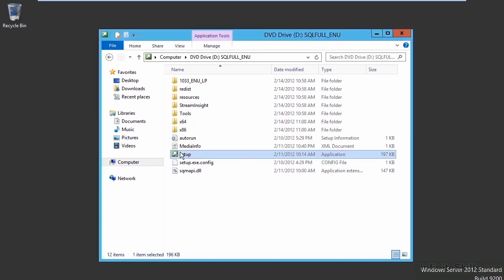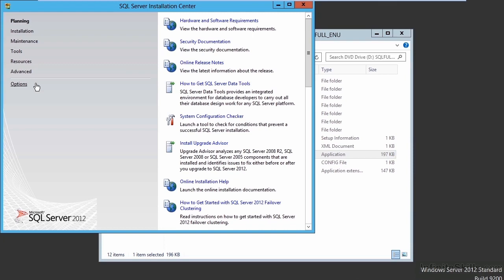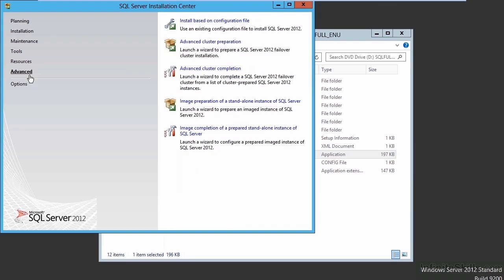we'll then be able to launch into the actual SysPrep process. Once the installation center is on the screen, we can click on Advanced, and we'll get the two options that we're going to need to do this process. The first one is the image pre-preparation of a standalone instance of SQL Server. The second one is the image completion of a prepared standalone instance of SQL Server. Right now, we're going to use the first one to get our installation prepared and get the bits put